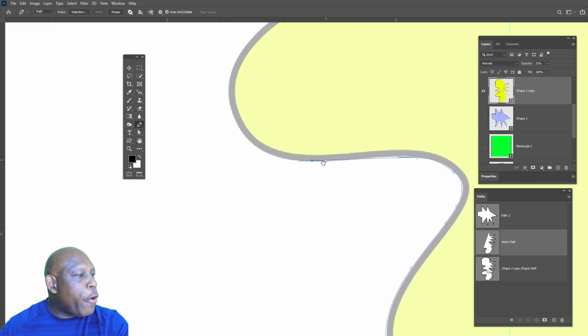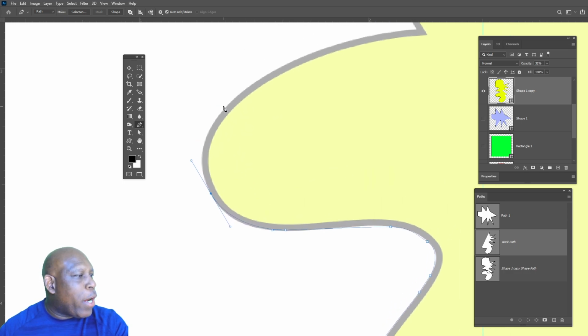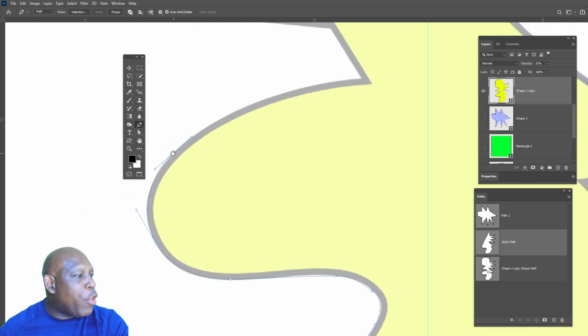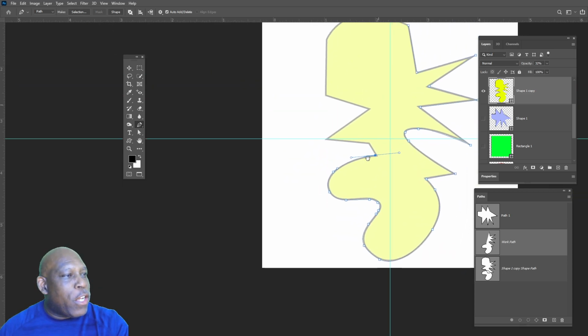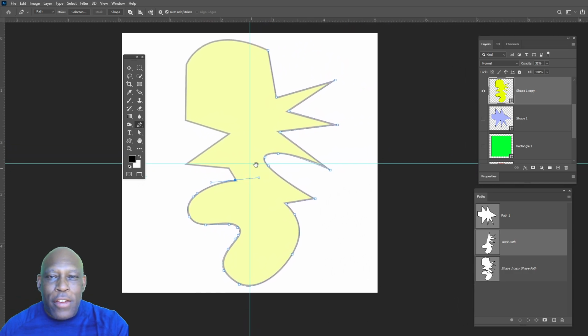Here, curve starts here, ends there. Drag it. It falls right into place. Come right around. Falls right into place. Come right around. Another curve ends right about there. And so that's what we're doing. Now, I can go ahead and finish this up and close it, but let's go on and give you